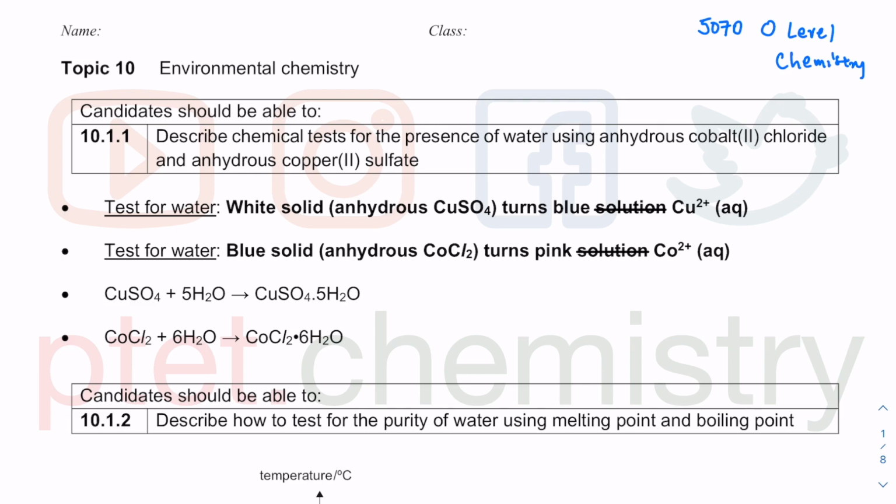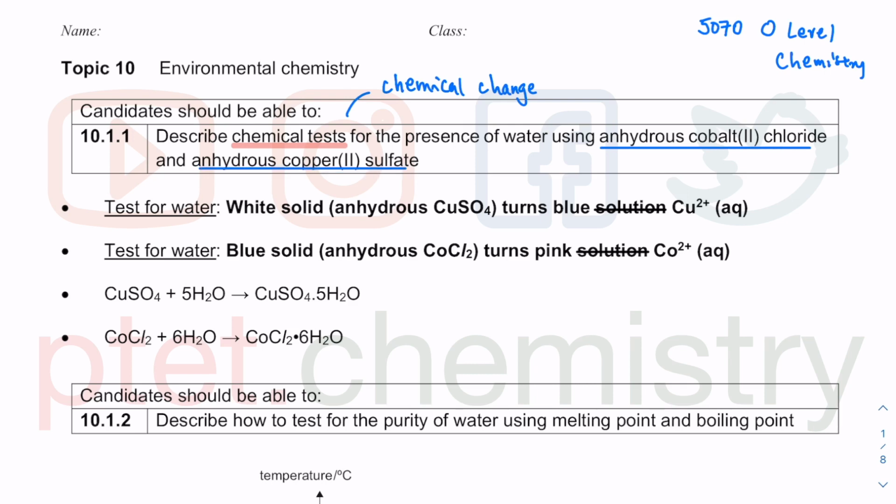So in this first bit, we are supposed to describe chemical tests. What is very important is that this is talking about chemical tests, so it has to be some sort of a chemical change and not just a physical change. Although we'll definitely see some color changes as a result of these particular chemical tests that allow us to detect the presence of water. So water is a liquid, so we can use this thing called anhydrous cobalt 2 chloride